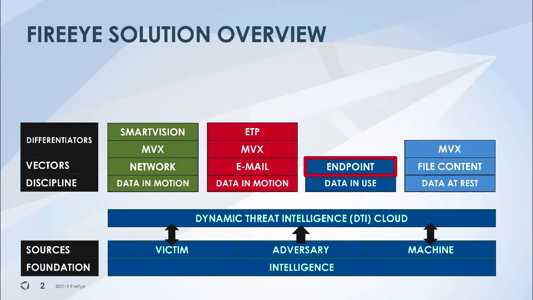So moving on to endpoint. Our endpoint security product is a significantly powerful platform that provides endpoint protection and prevention, known as EPP, as well as endpoint detection and response, known as EDR, in a single low-footprint agent. Designed by incident responders for use by incident responders, installation of this endpoint agent is the first step the response teams make when investigating breach incidents.